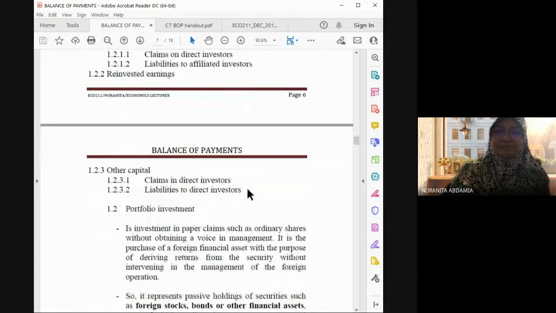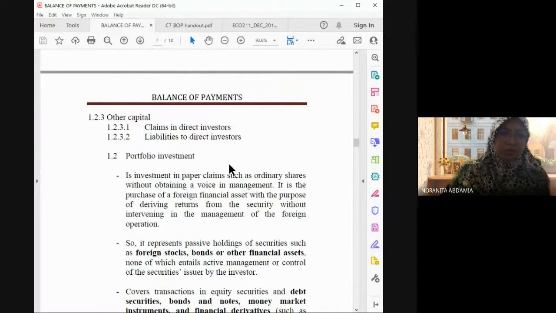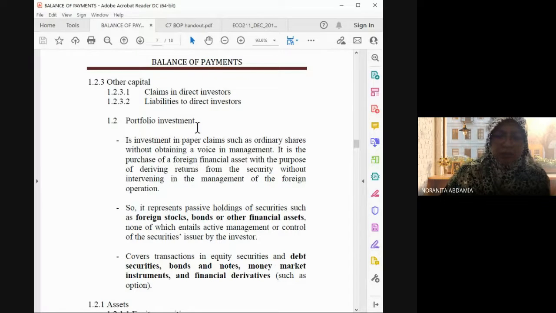Okay. Alright, portfolio investment. For the portfolio investment, okay, so this actually refer to what? So just now physical, something that we can see. But for portfolio, which is we can't see, we can't hold. Tak nampak. But the good thing is actually we not intervened in the management of the foreign operation. So this is something like macam if you buy the foreign stock, bonds or other financial asset, whatever the financial paper that you buy, you just buy. Yes, of course you buy the share. That means you are part of the shareholder kan.